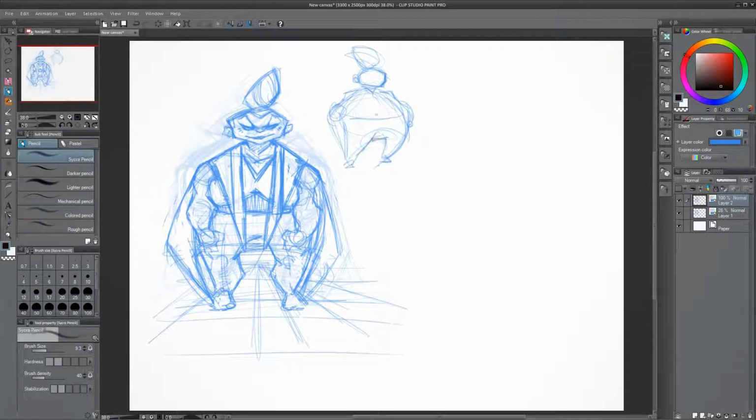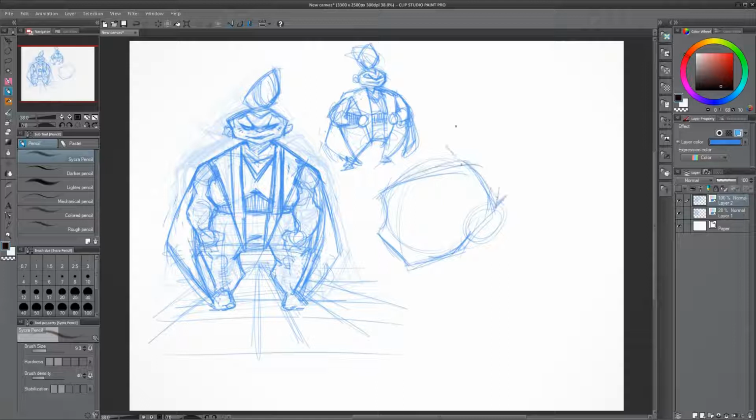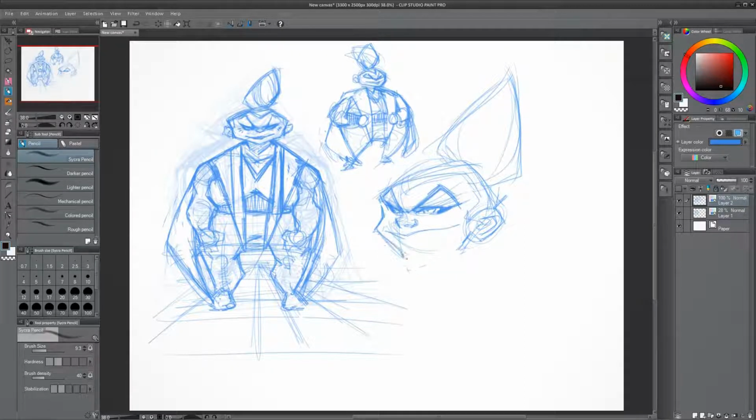Meanwhile, what I'm doing here is more designing her body and designing her clothing. What I always like to start with, and you might have seen I start with a very rough sketch, is basic shapes, really fundamental shapes. Is this person blocky? Are they triangular? Are they more soft and rounded? For her, I definitely wanted something strong and stable looking. So I made her very wide, very heavy, kind of hexagonal.